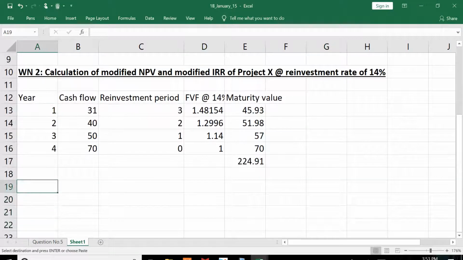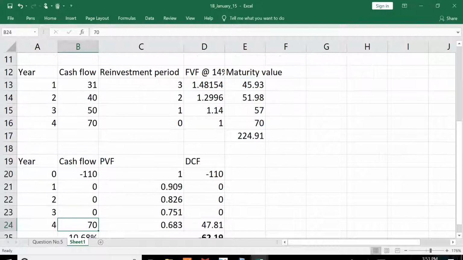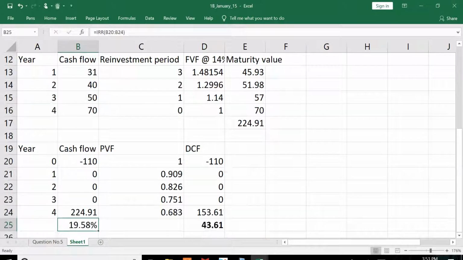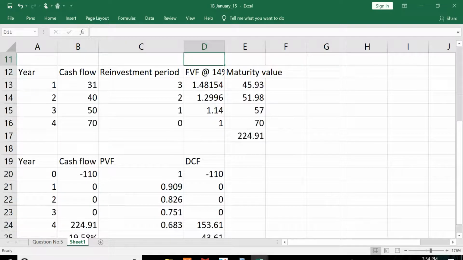Wait. Why am I doing this? Same calculation, I will have to again do NPV and IRR. In this, you get nothing in between, and you get 224.91. Like this, there will be a number for the other project also. These two are called modified NPV and modified IRR, 19.58 and 43.61. If I go to the second project,